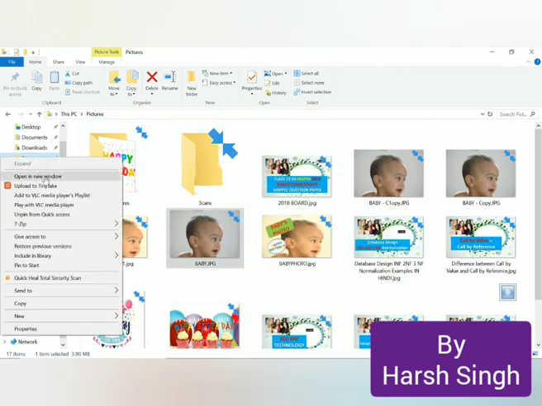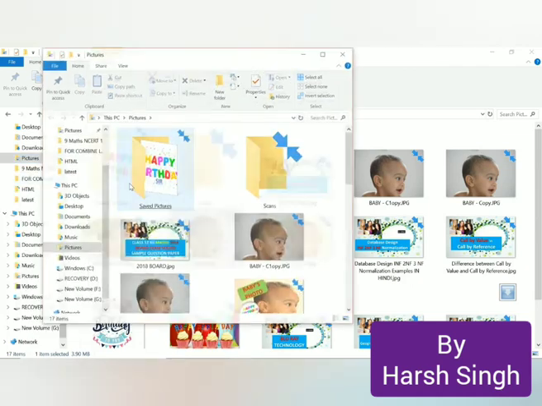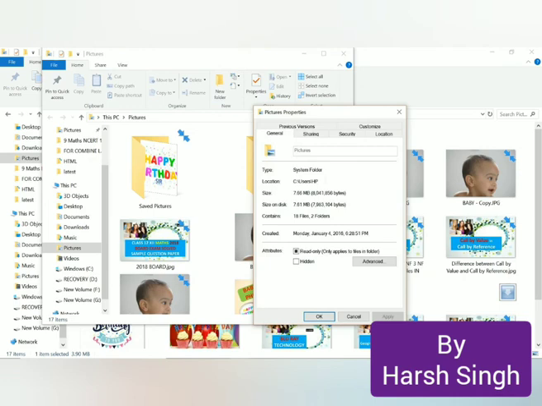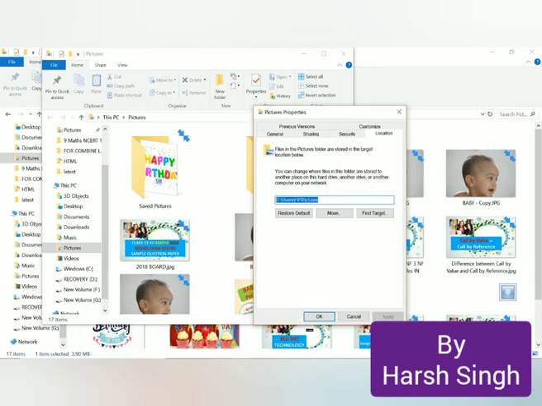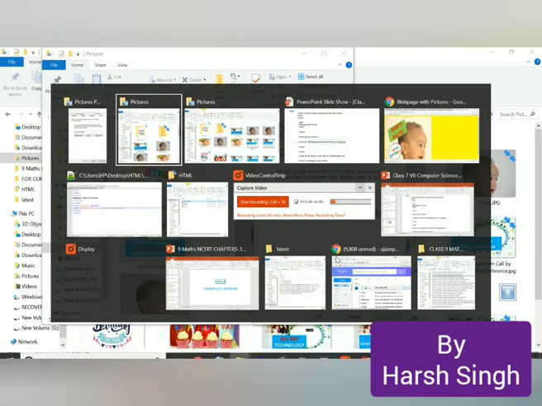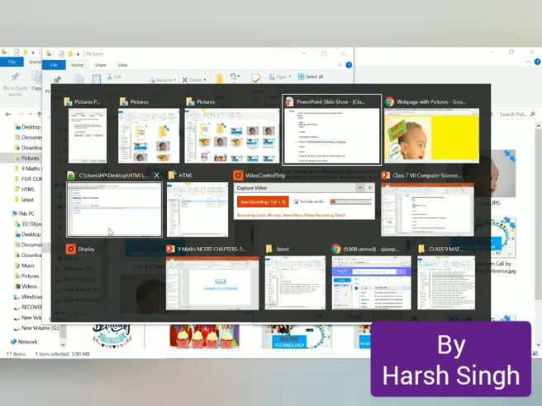I can open it in a new window. See, this is C users HP, right? And then inside this we have a folder. So we have a location here. See, I can go to the location, copy it, and then I have to paste it there in this place.